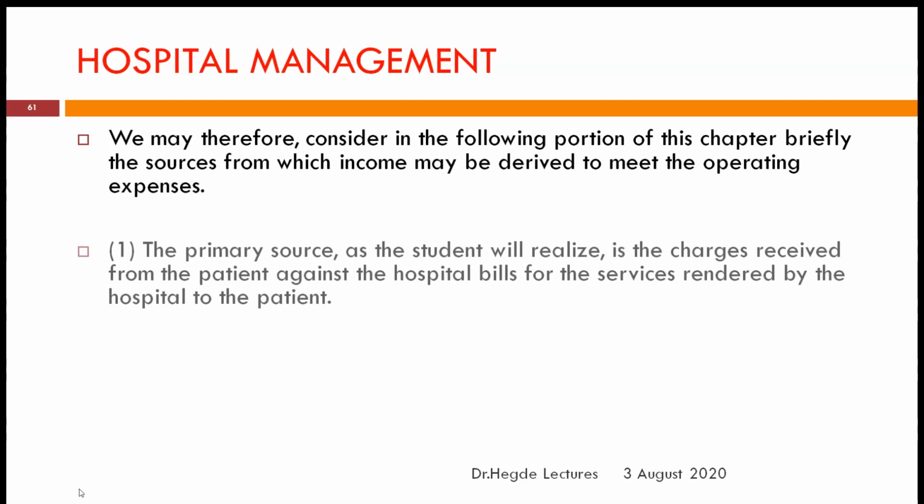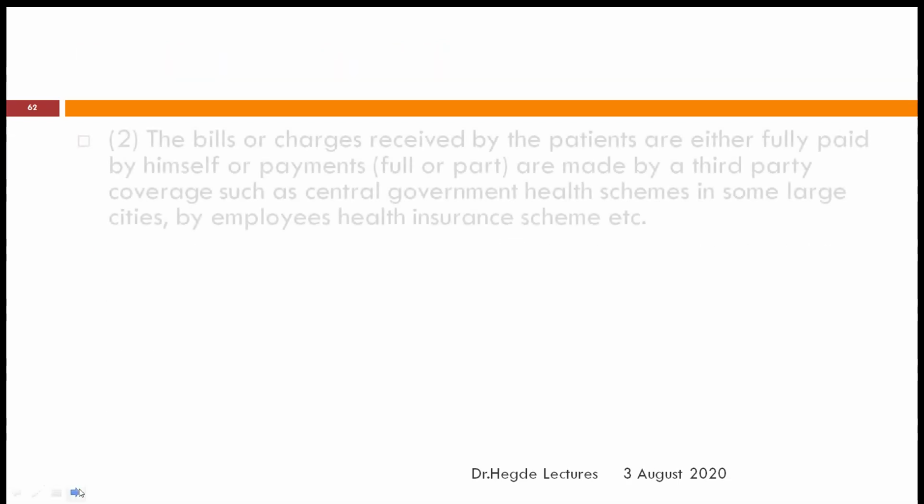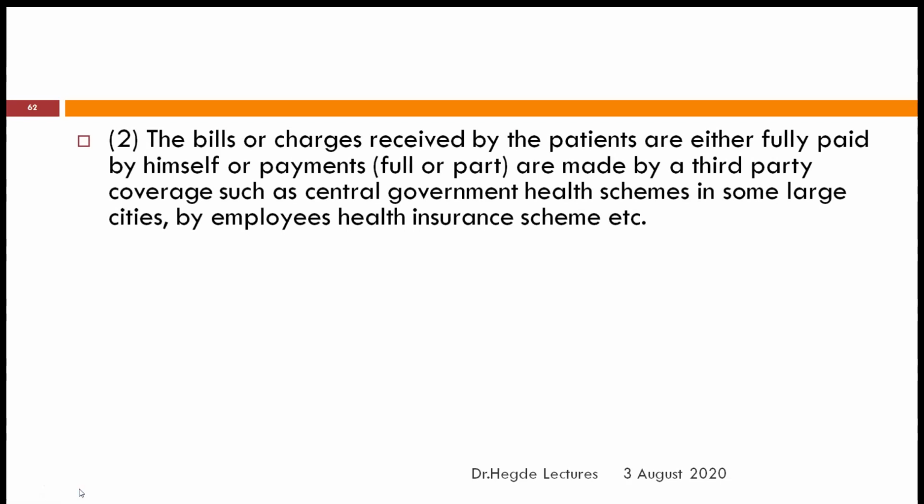Okay. The primary source, as the student will realize, is the charges received from the patient against the hospital bill for the services rendered by the hospital to the patient. The big government-run hospitals such as civil hospitals, primary health centers and dispensaries in rural areas of India are mainly run by the government, whether state or central, which funds them against the budget provisions, isn't it? The bills or charges received from the patients are either fully paid by the patient himself, in full or part payments,